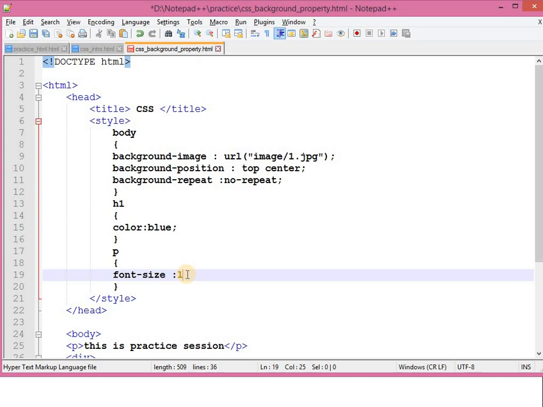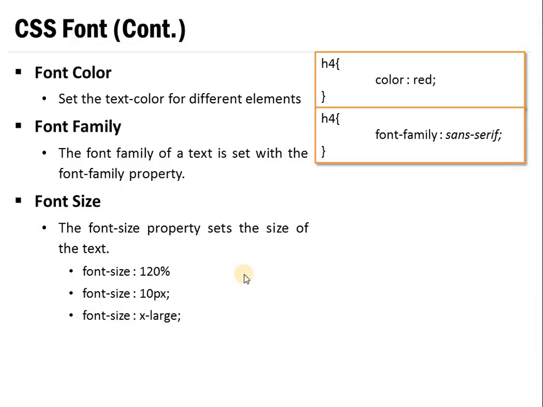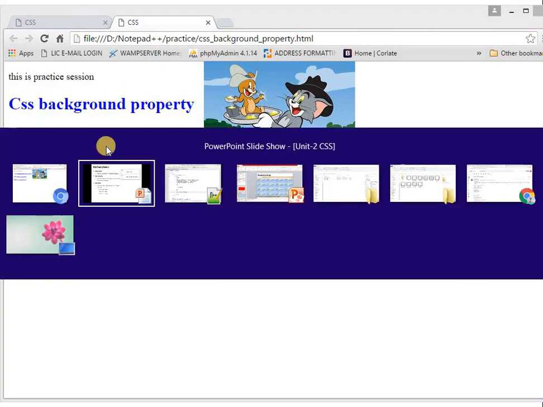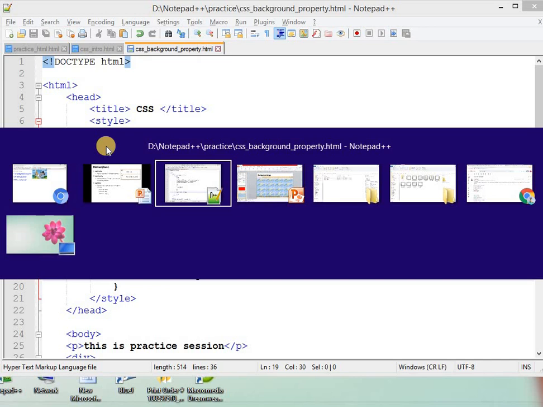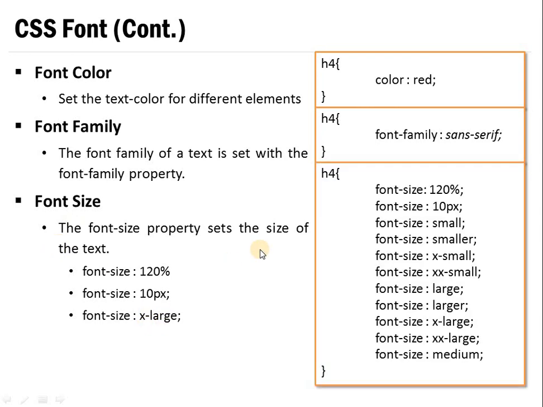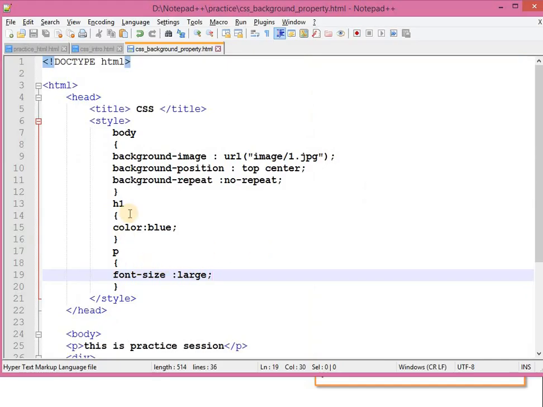Why is it not large? Save it, refresh it. I think there is something that we are missing. Font size x-large, larger and large are also there, but it is not applicable here. Why? Font size large, let me set this property over here.